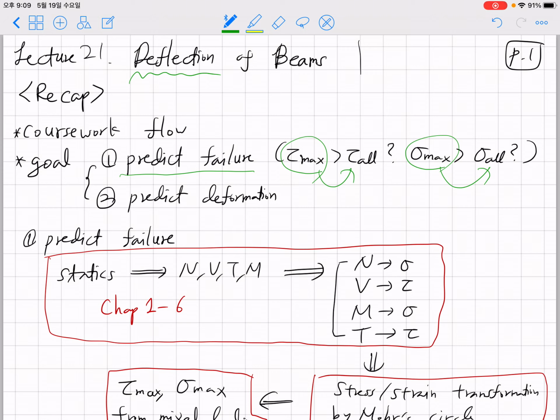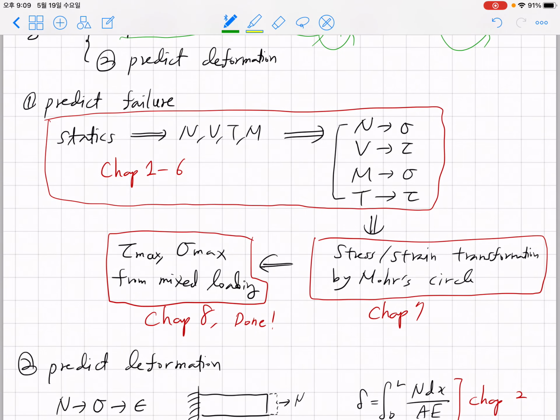Okay, so if the maximum shearing stress or maximum normal stress turns out to be larger than the material's strength, then you're going to say that the structure will fail and it's not mechanically reliable. That's what we have done until now. So for chapters 1 through 6, we discussed these reactions, force and torque, one by one, and we also discussed how we can obtain normal stress out of normal force and moment, or how to obtain the shear stress out of